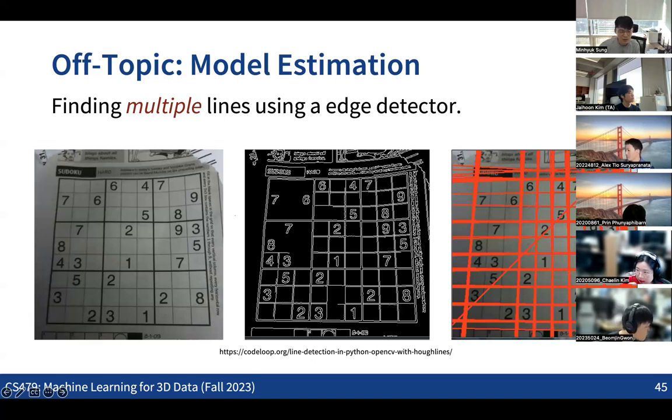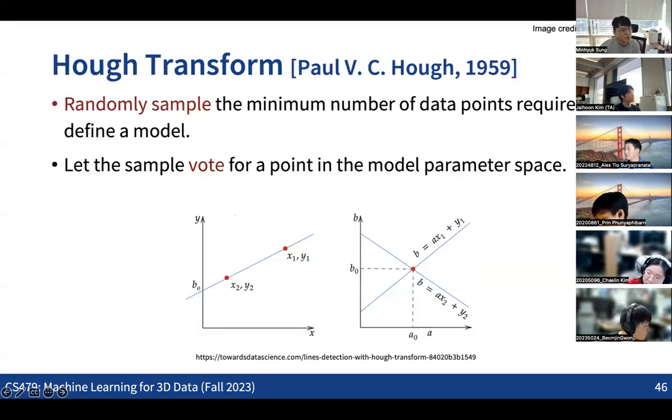For that, what we can do is use the idea of the Hough transform. The main idea of the Hough transform is similar in that we randomly sample points. As we have done in the RANSAC case, we also randomly sample a pair of points in a way that we can populate some candidates of the models, right? So we are drawing multiple lines by just taking 2 points.